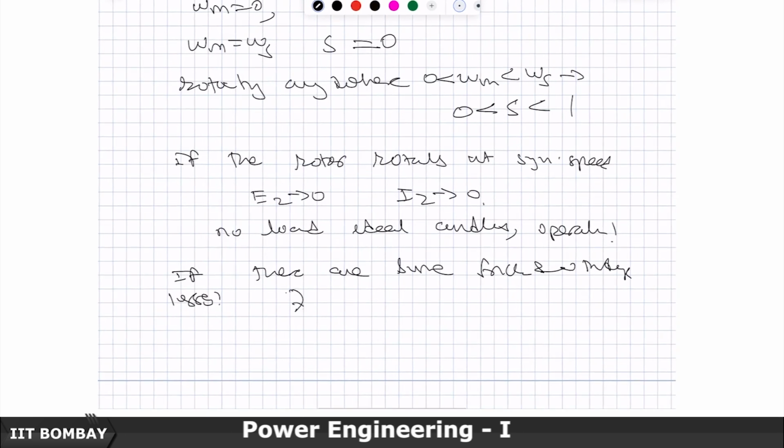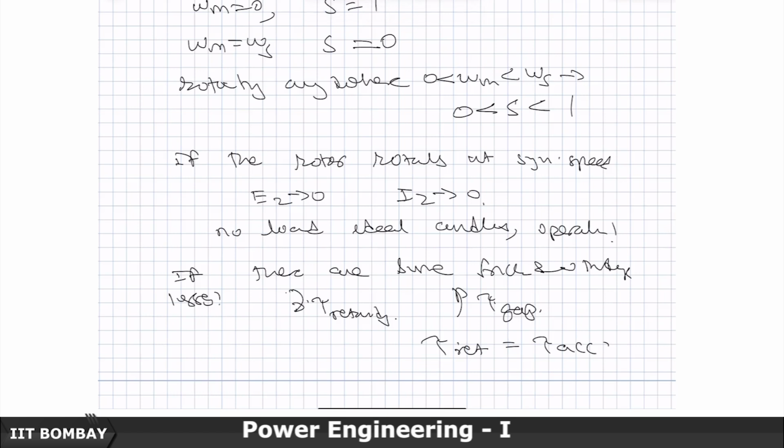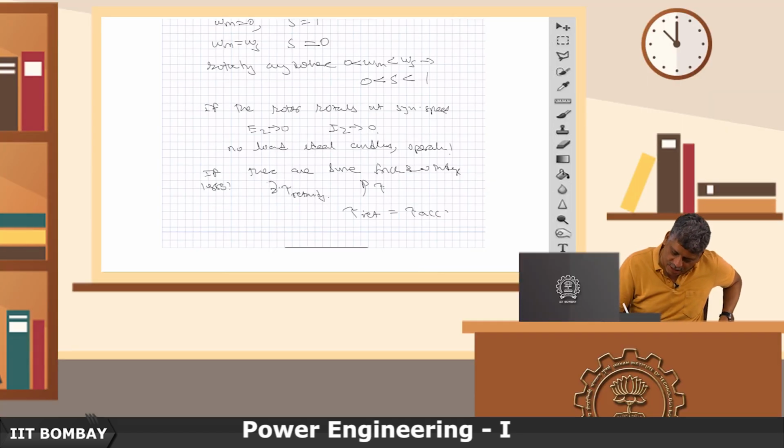These friction and windage losses are creating some retardation torque, and to overcome this, so much torque has to be built in the rotor winding sitting in the air gap. When the retarding torque becomes the same as the accelerating torque, I will call it the accelerating torque,